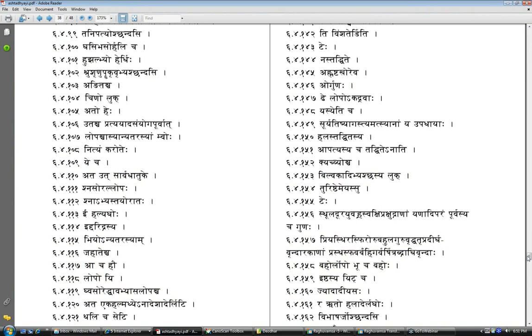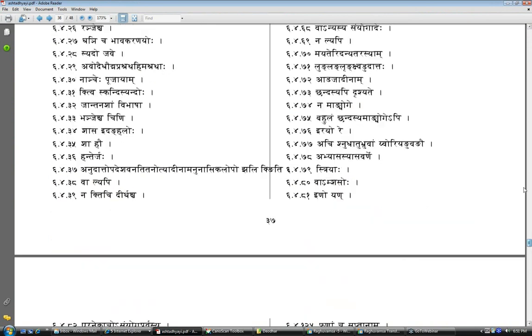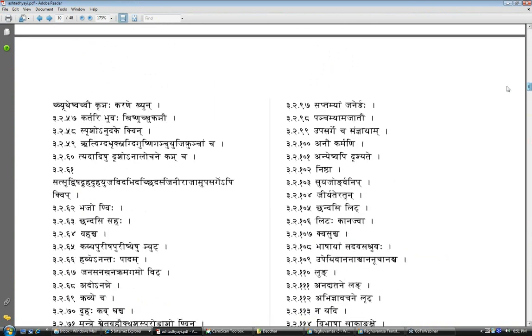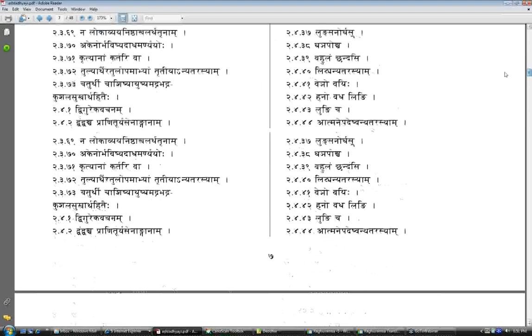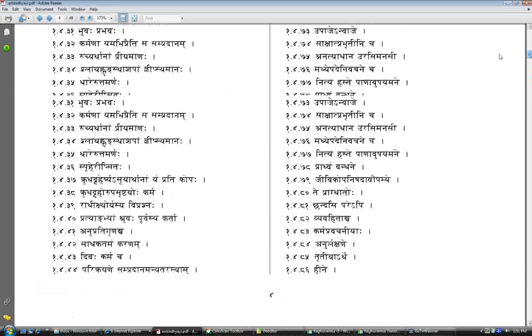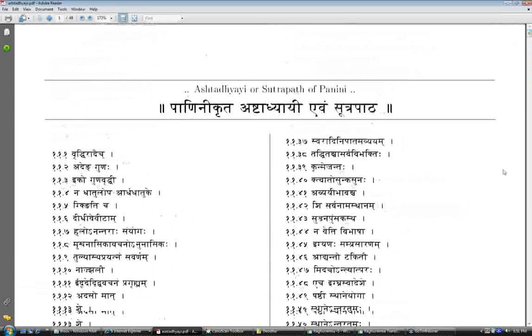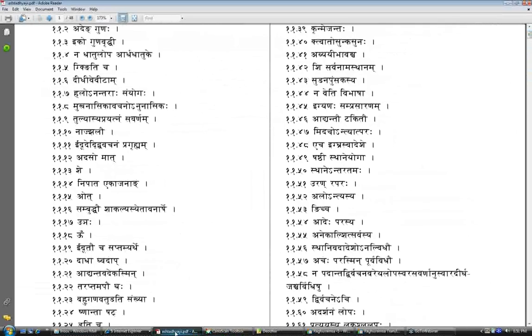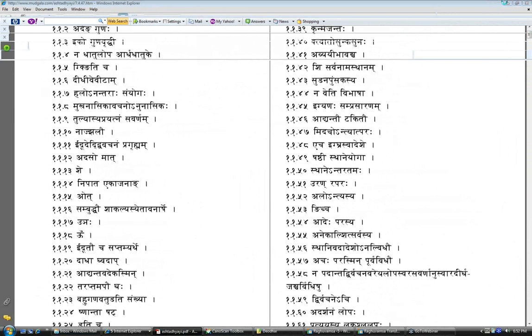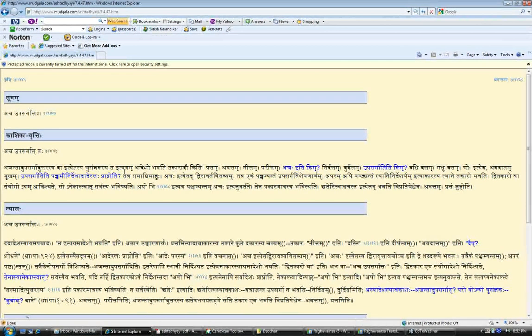What that sutram is saying is that dhatus of the form da and dha get the sanya of ghu, but not the dhatu dap, excluding dhatu dap. So that's 1120 Da Dha Gvadap. But our dhatu is right now the dudhan dane, so we are going to be fine with that one. So by 1120 we do have the ghu sanya for the dhatu da that we are using. So that is okay. Ghu sanyakasya ta ityayam adesha bhavati takarado kiti.